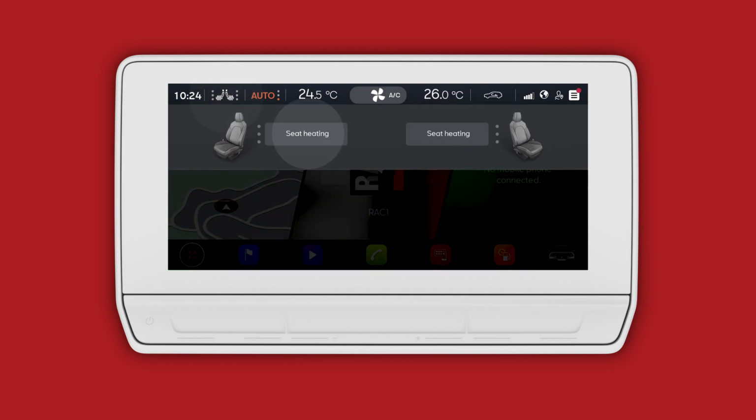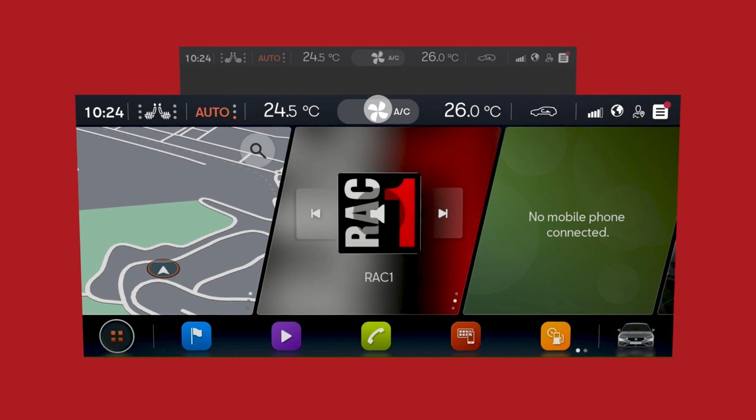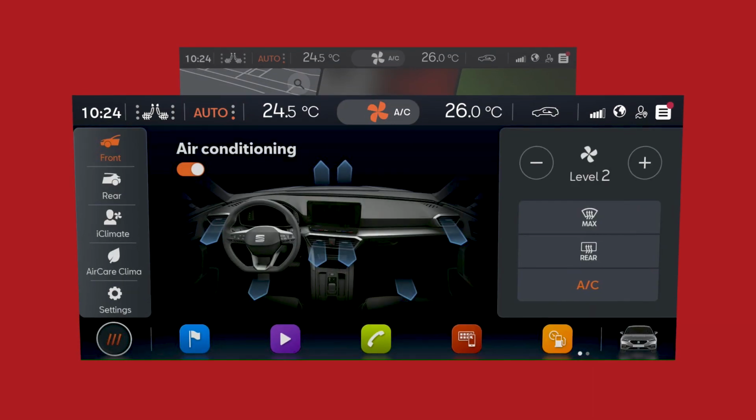Tap to activate and deactivate heated seats. Or as a shortcut, you can tap with 2 fingers on the touch slider and the heated seats will turn on. To access other klima settings and functions such as ventilation levels or the heating of both windscreens, just tap on the ventilator icon here.